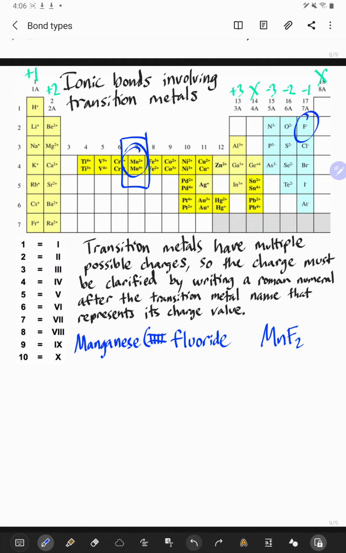the first example. Manganese 2, oh gosh, my Roman numeral skills. Manganese 2 fluoride, we're just going to leave that one written here. But we can now start to understand the importance of these Roman numerals, because they're going to make a big impact on what the compound is. So real quick, how did I know that the manganese 2 fluoride is MnF2? How did I get this 2 here? Well, if we know that the charge of manganese is positive 2,